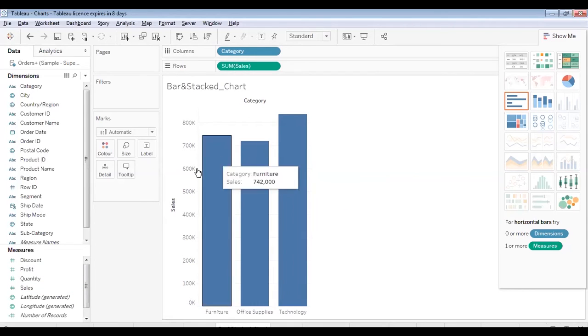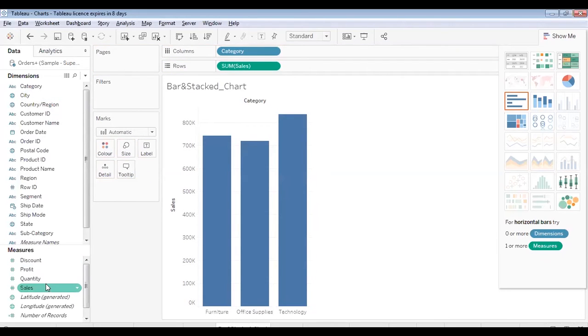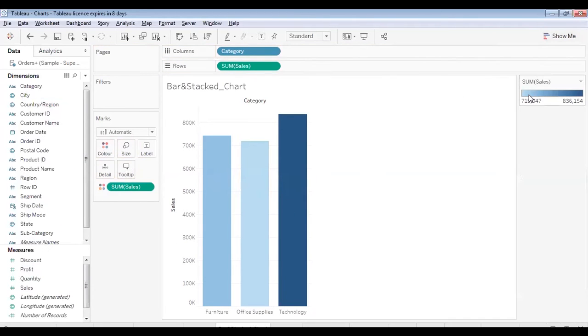Now we'll see how we can add colors to them. There are two methods of adding color to a bar chart. One is we'll add a dimension on the bar chart. When we add a dimension to the colors, we get multiple colors on the bar chart, so you can see three kinds of colors. But in case instead of adding a dimension, we add a measure, say sales, we get a color gradient. This color gradient says that the lowest sales has the lightest color and the highest sales has the darkest color. So in this way, office supplies is giving us the least sales and technology is giving us the highest sales. This was about creating a simple bar chart.